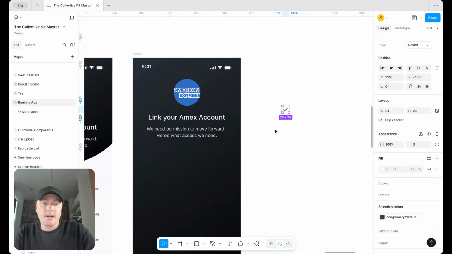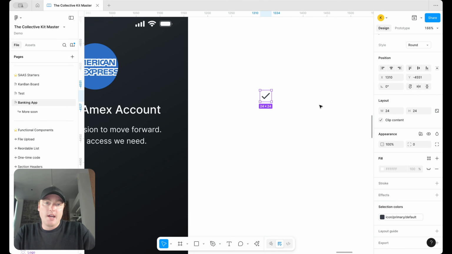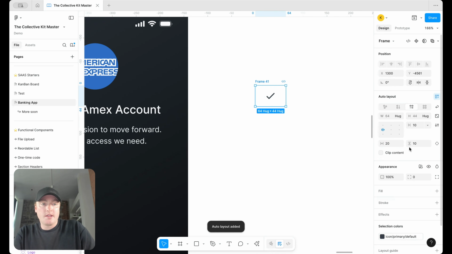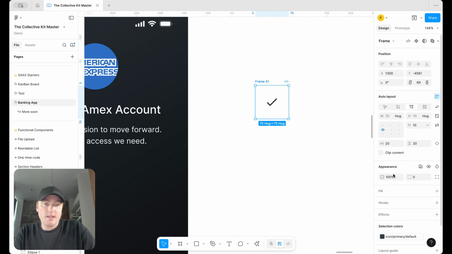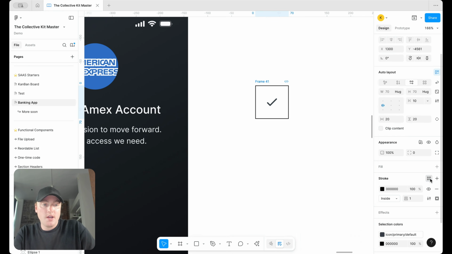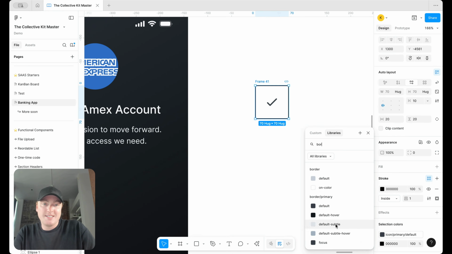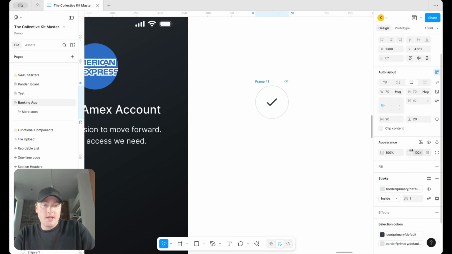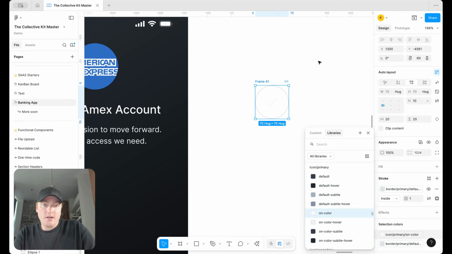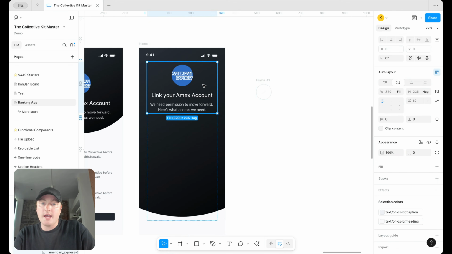our own icon for this. Set this to round. And then what we can do is maybe set this to something like 20 and then also to 20. And then we can set this to something like 30 by 30. Make it a little bit bigger. We're going to add a stroke, which is going to be a border default subtle. We're going to try that. Set this to round. In this case, let's go with our round radius. And also, we're going to set this to our icon on color